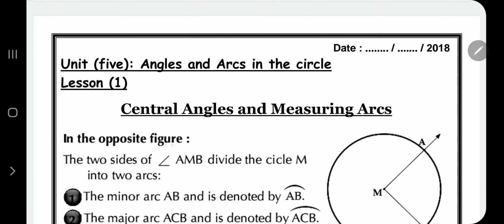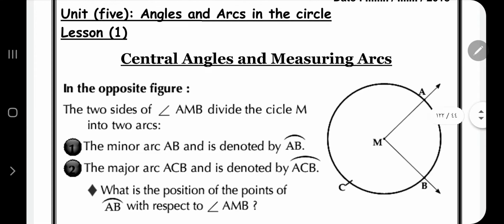Our lesson today is central angles and measuring arcs. At first, what is the meaning of central angles? Central means the center of the circle. Angles mean an angle whose vertex is at the center of the circle. For example, angle AMB is a central angle. Its vertex is M, which is the center of the circle, and its two sides are the two radii MA